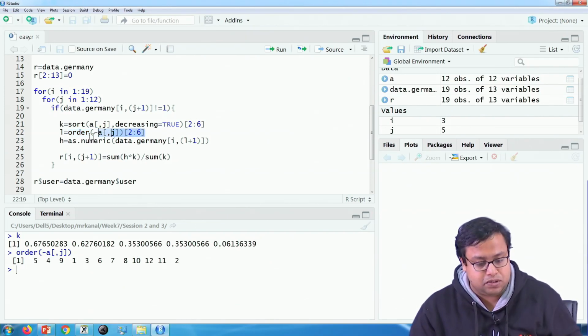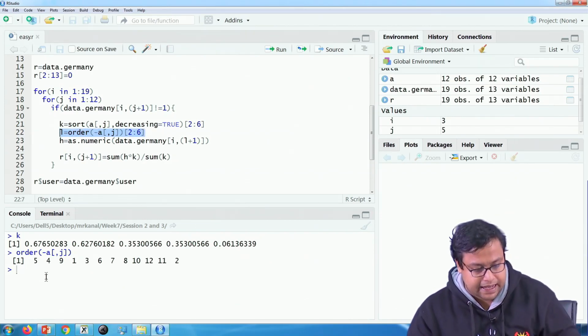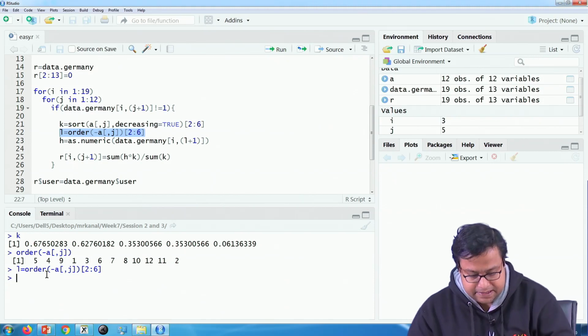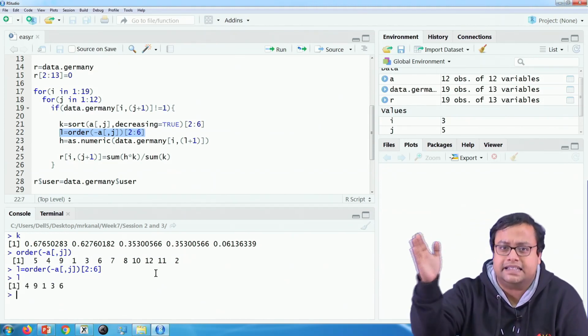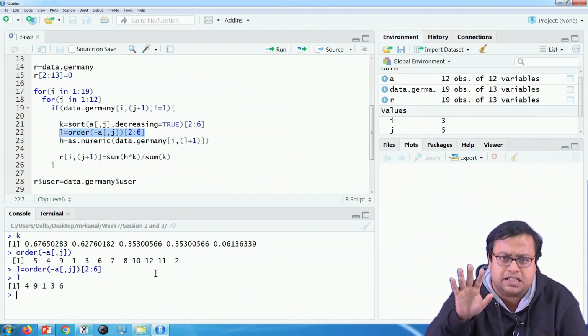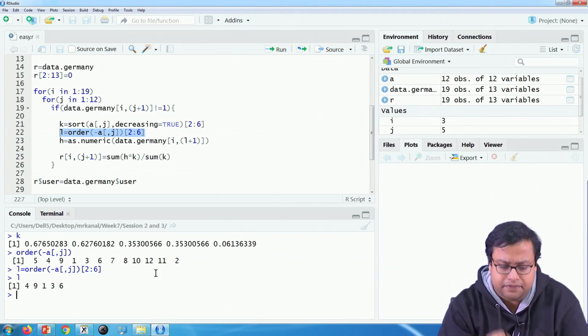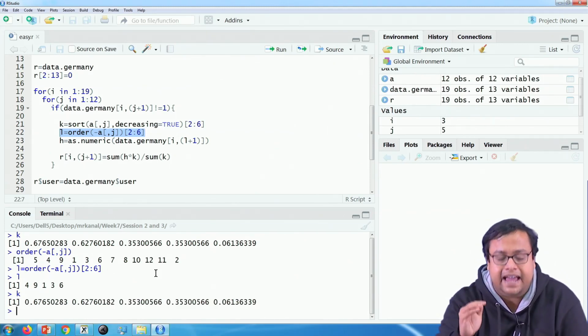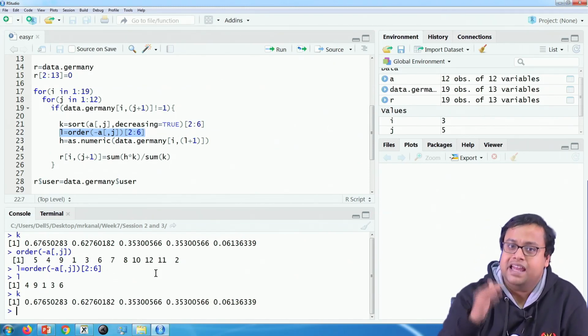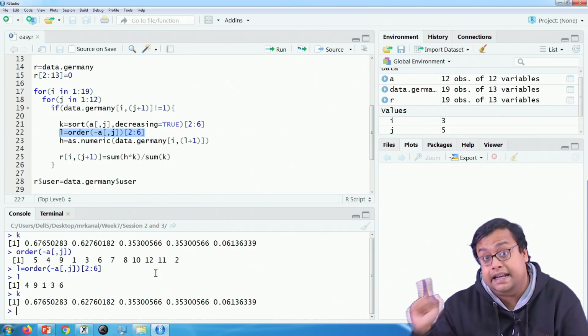So, that 2 to 6, if I put it in L, this gives the identity. So, the fourth, ninth, first, third and sixth items are the topmost similar items to item number 5, and the corresponding similarity scores are these. So, K stores the similarity scores, L stores the similar items.